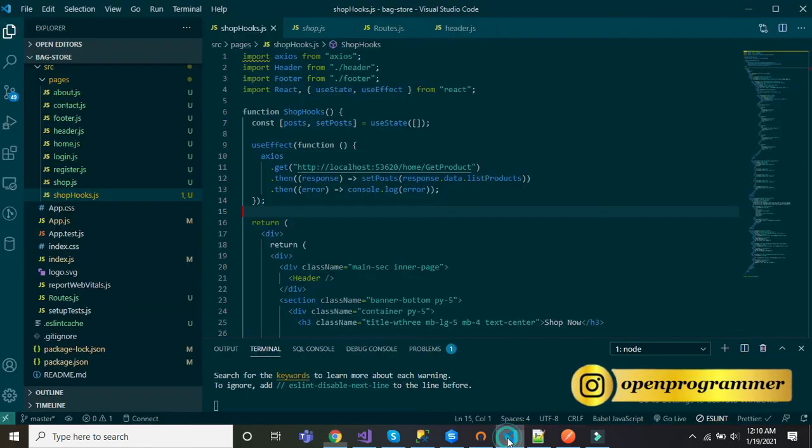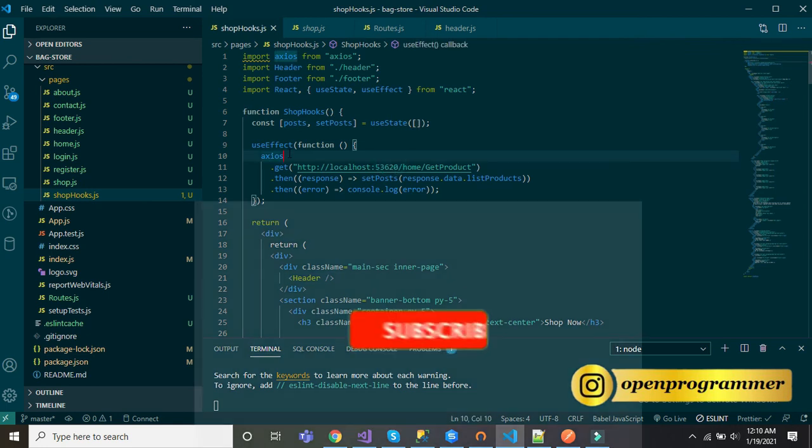So let me recap. We have created a shophooks file. Inside this file we have imported Axios because we are using the axios.get API, so first of all you have to install it. After that we are using the useState and useEffect hooks. Inside the function we are declaring our post as a blank array.